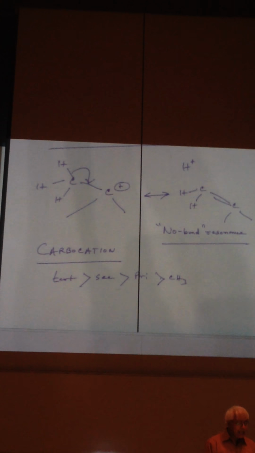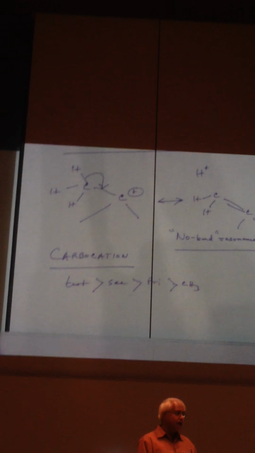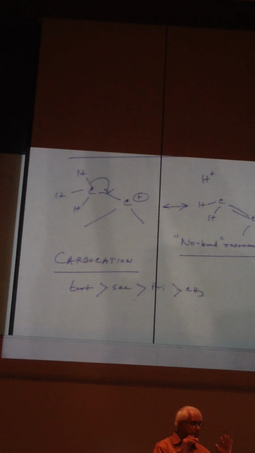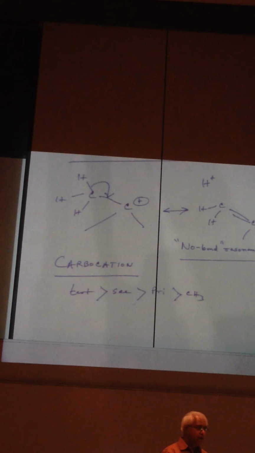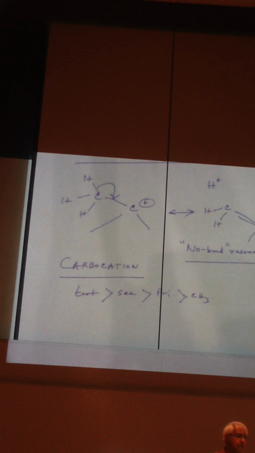This is actually more like an explanation than real resonance. In a real resonance structure, you can draw structures that are much more logical than this one. Here, the hydrogen would float away if it really happened. That doesn't happen, so it's only showing a contribution of the hydrogen. All right. So the carbocation stability is very critical to understand. Now, going back to this table,